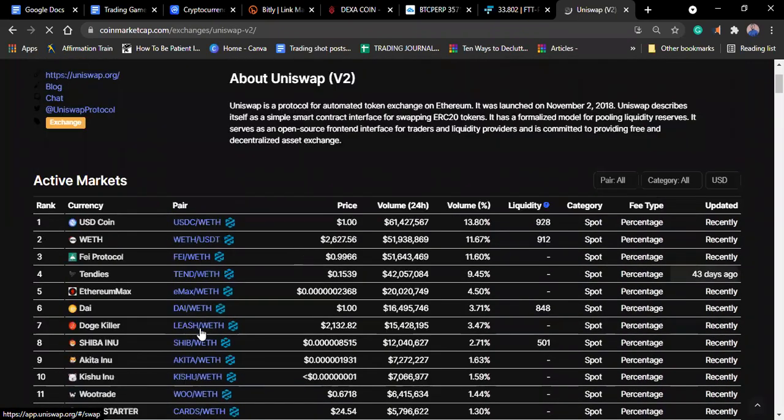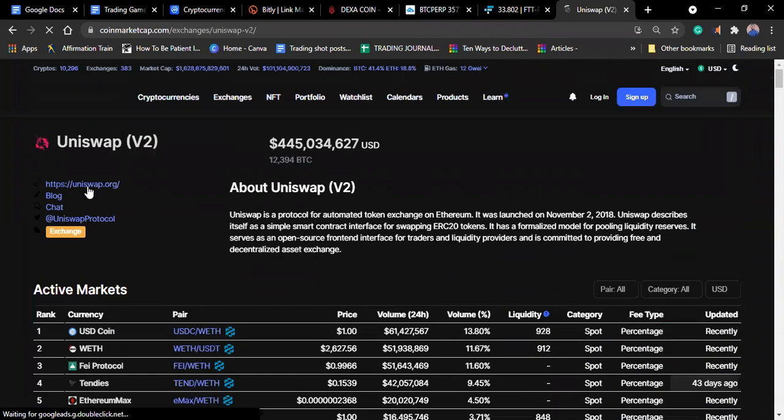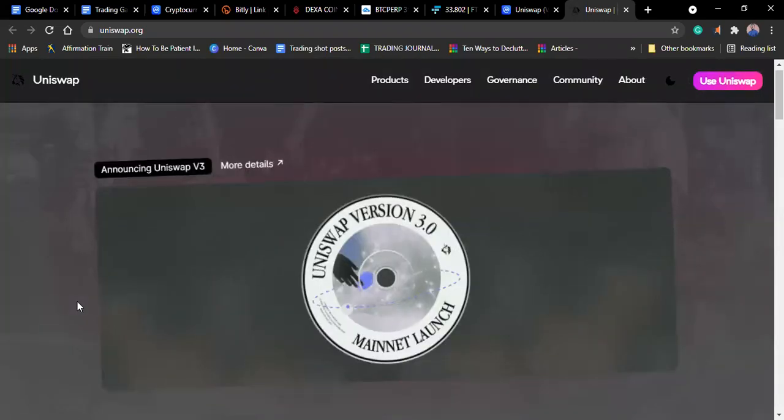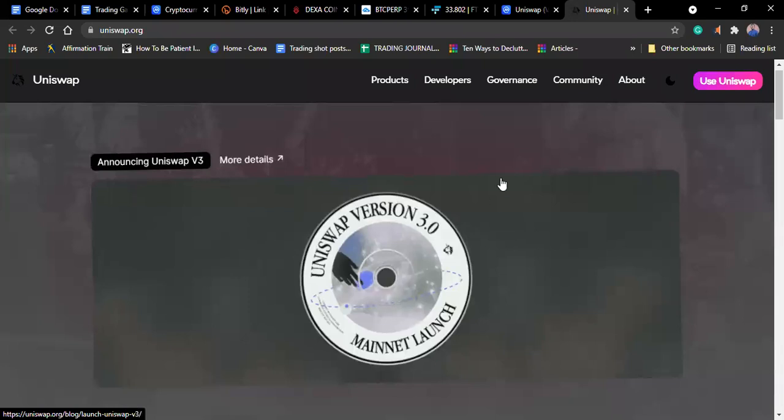So let's now go to the Uniswap website by clicking on this link here, uniswap.org. You click on it. Now this is the Uniswap website. It's loading. Okay. Now, for you to be able to interact with Uniswap, you need to have Trust Wallet on your phone, or you need to have